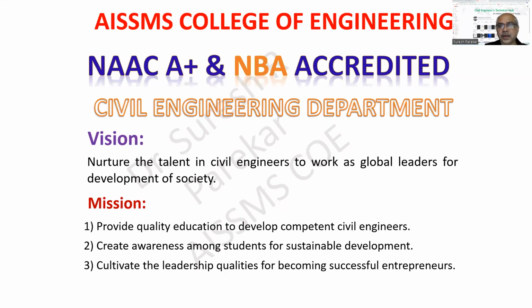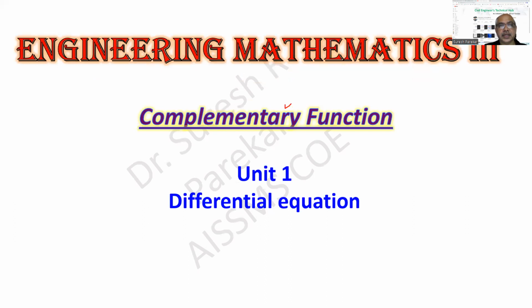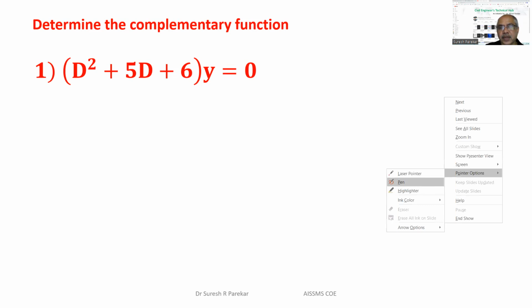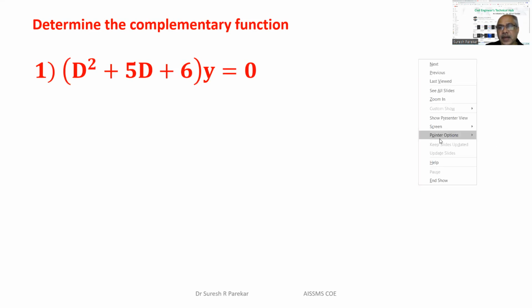Good afternoon. Today we are going to see the problems that are given to you to solve on complementary function. So we have first D square plus 5D plus 6 equal to 0. So we have to find a complementary function for this. So we have